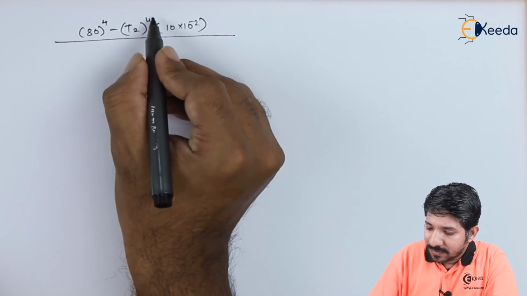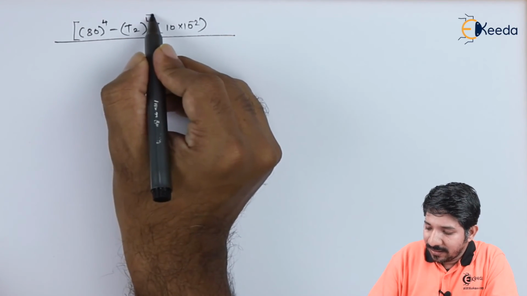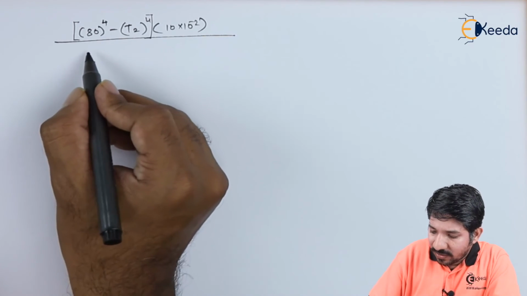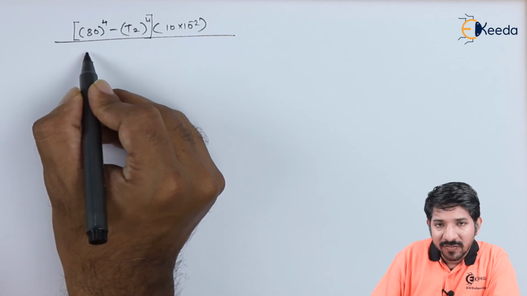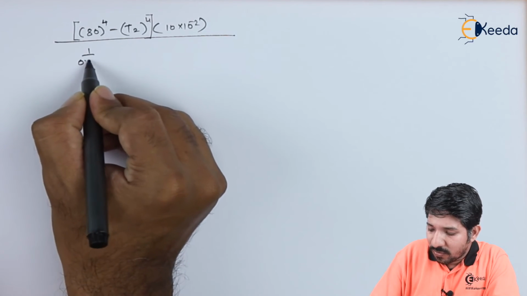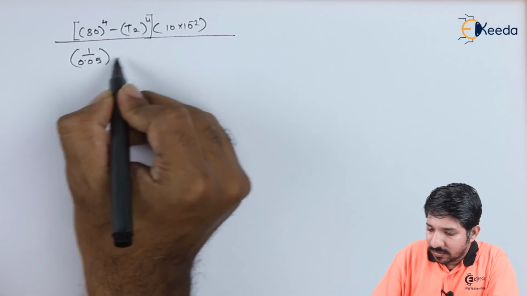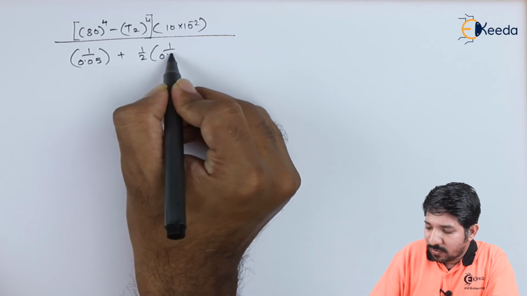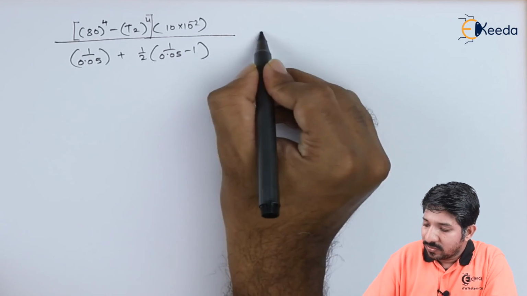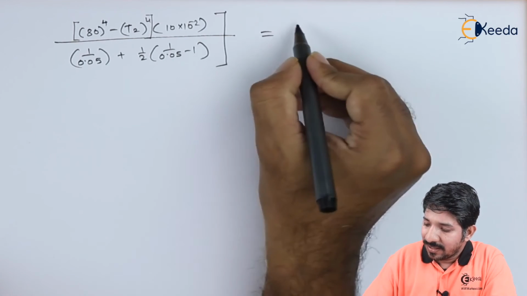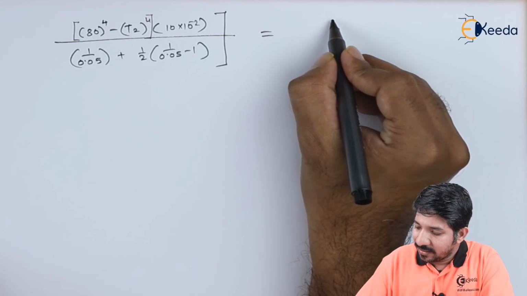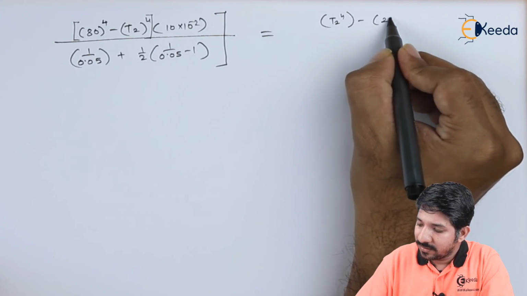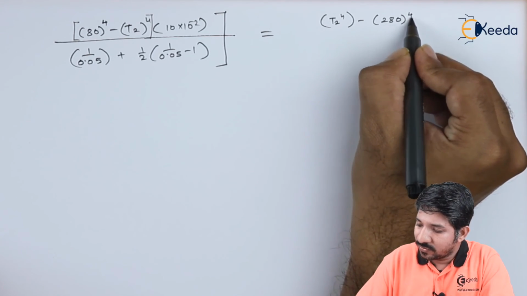upon, see, now this has to be put in the bracket to minimize the error over here. And in the bracket we have, let us put the value of emissivity as well, 1 upon 0.05 plus 1 by 2 upon 1 upon 0.05 minus 1. So this was all the left hand side, and the right hand side we had t2 raised to 4 minus 280 raised to 4